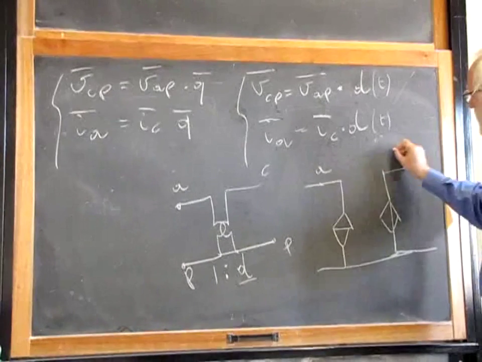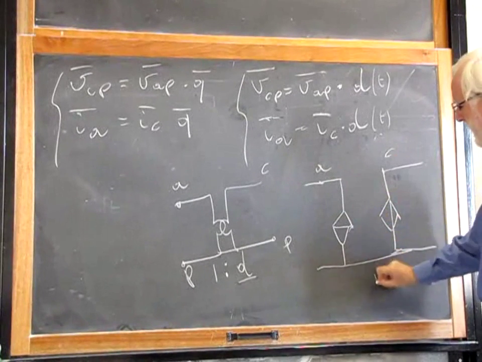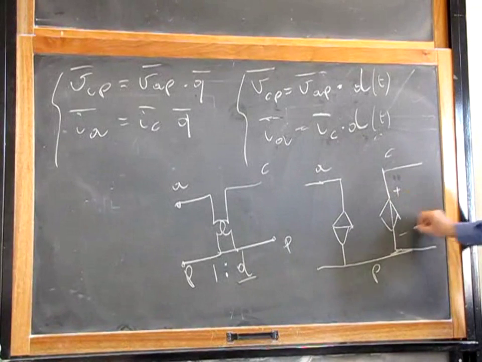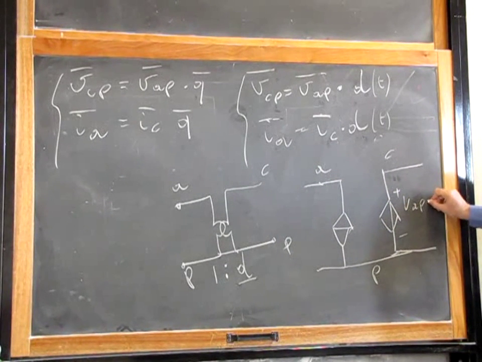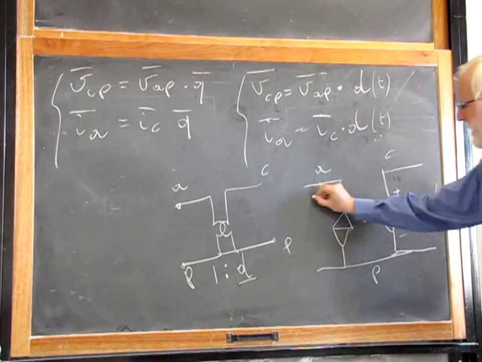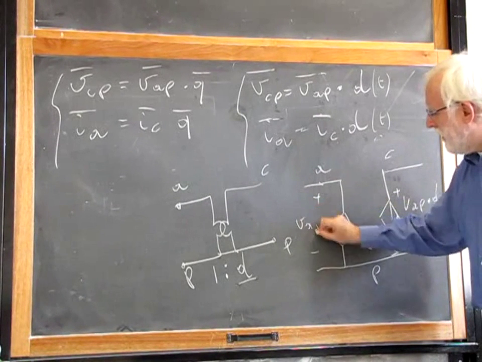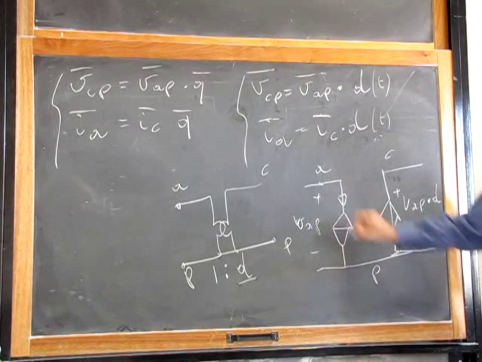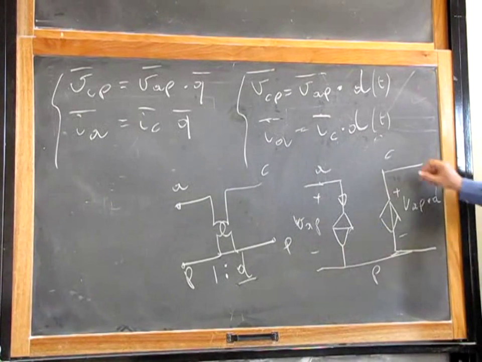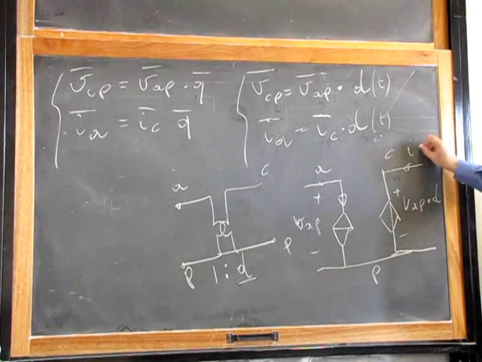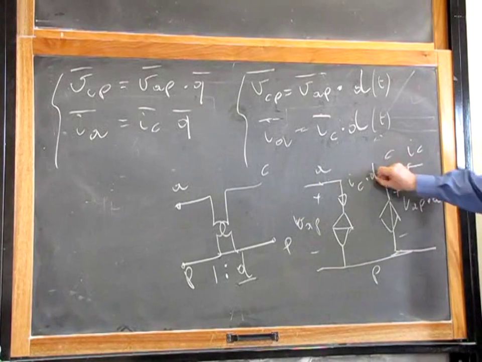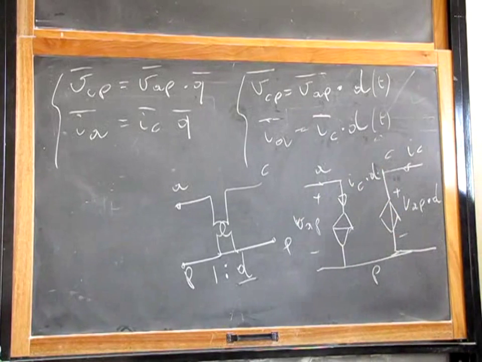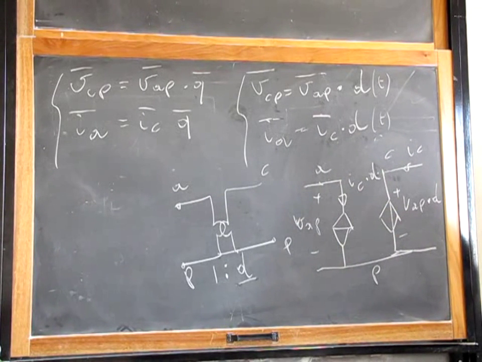This is A, this is C, this is P, and this control generator is equal to VAP times D, and this is VAP, and this current source is equal to IC times D. So this is the model of an ideal transformer that you could put in SPICE, and SPICE simulates your circuit